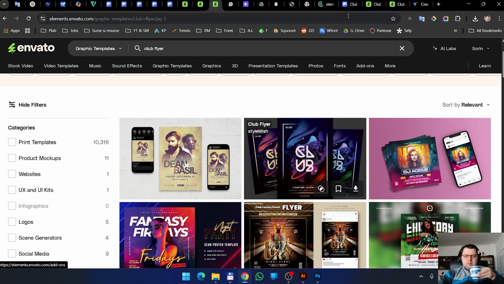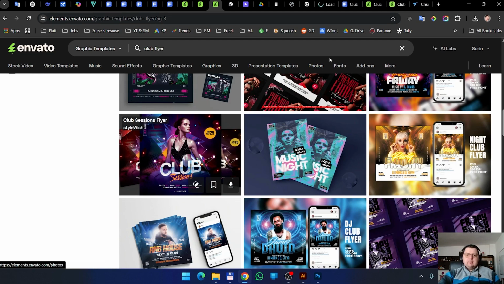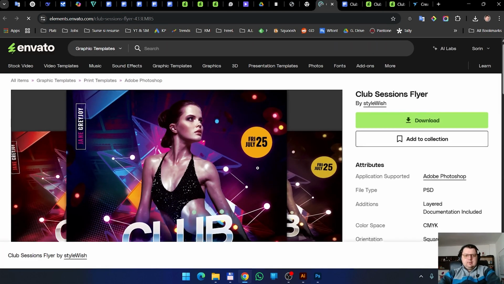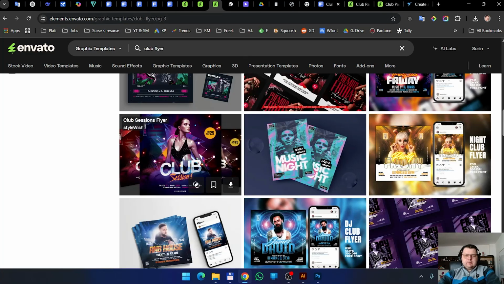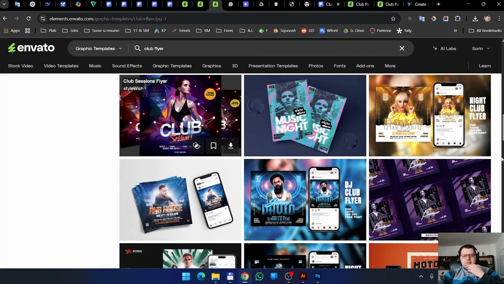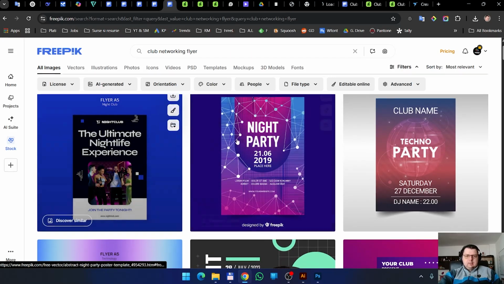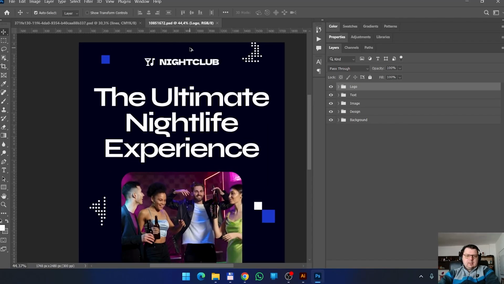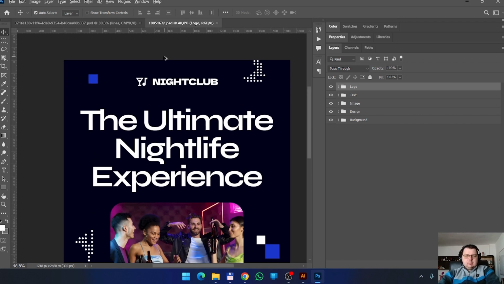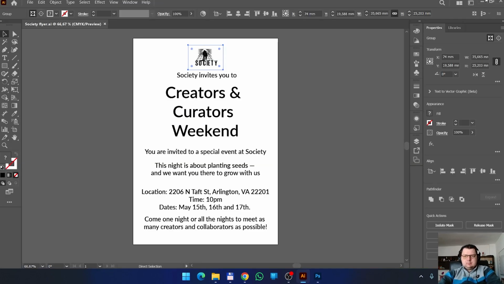Let's check this one. The overall look of the flyer is very important because it sets the tone, and I need a flyer with multiple people because it's a networking event. Something like this maybe. Let me download this. Yeah, something like this. Now what I want to do is replace the logo with this one.